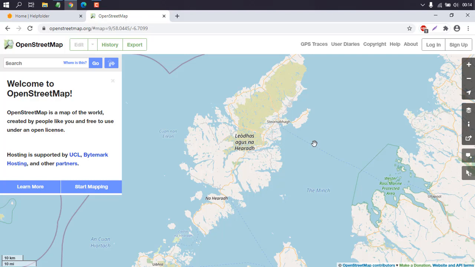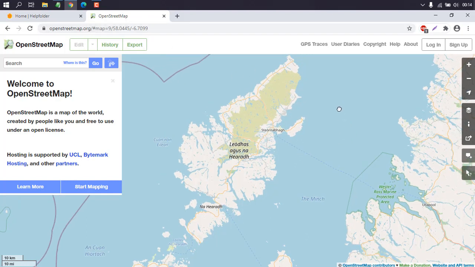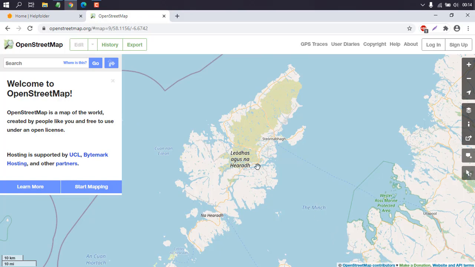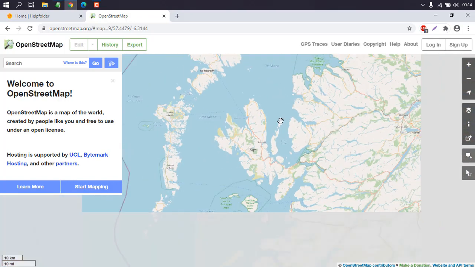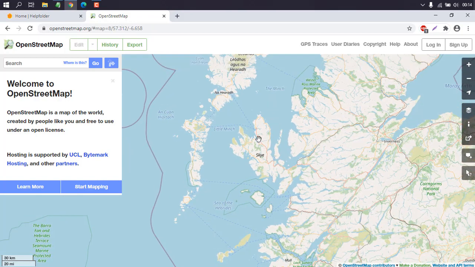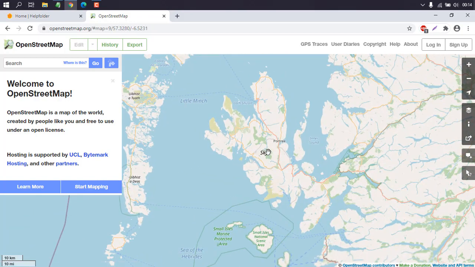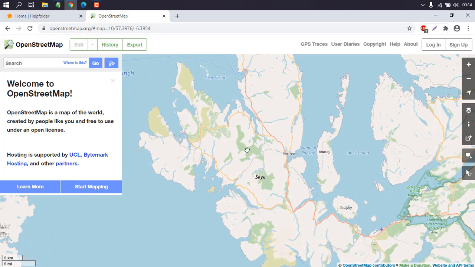Okay, so let's take a look at how you can embed OpenStreetMap into your Drupal article or page. So what you can do is go to OpenStreetMap and go to the location that you wish to embed. Let's see, if I want to embed something from United Kingdom, okay, Isle of Skye, okay, let's go there,